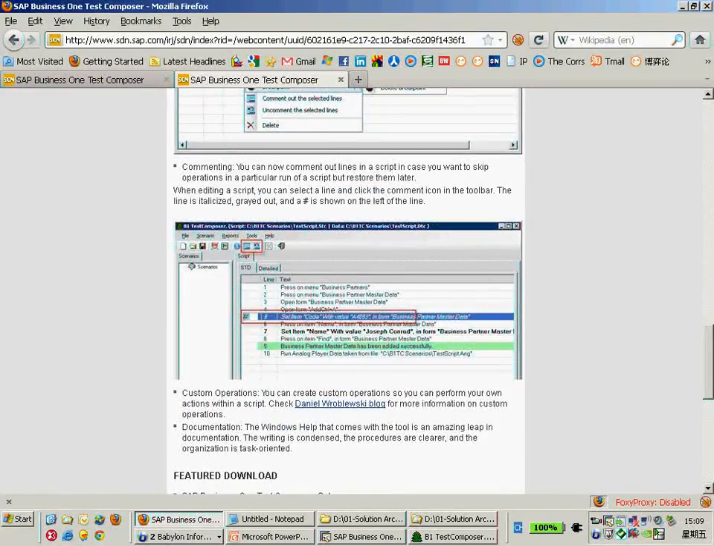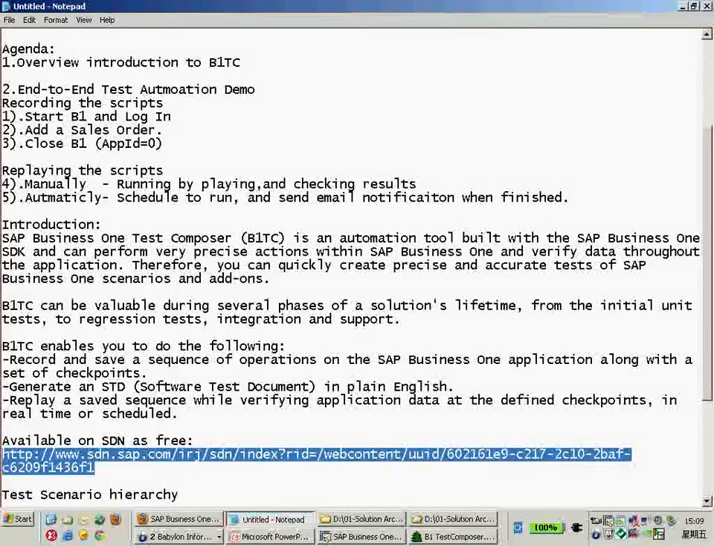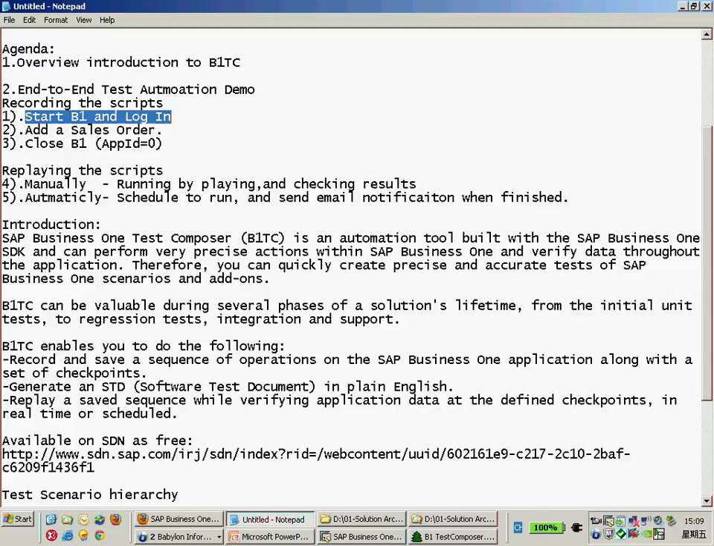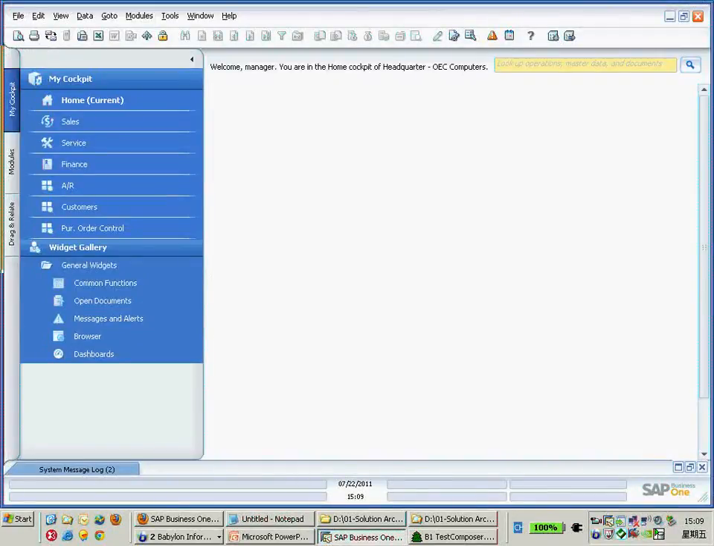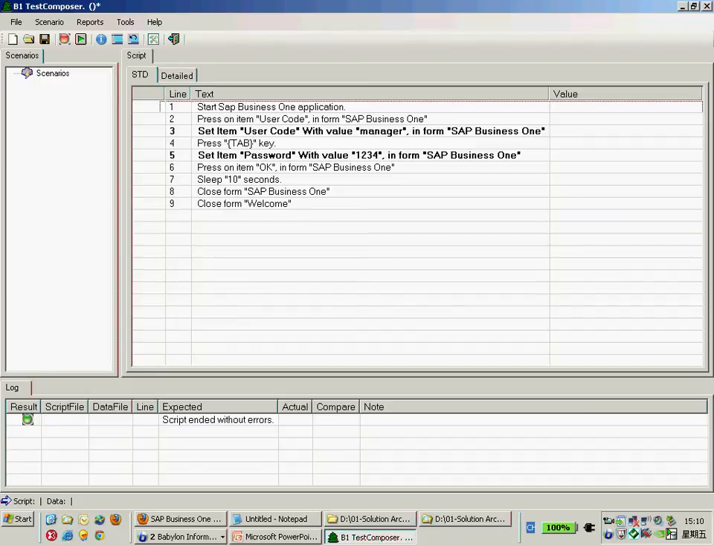Okay, that's the overview introduction for the B1TC. Moving on, I would like to show you the live demo of creating end-to-end test automation for Business One. The first script I would like to record is to start Business One and log in to Business One with the user and password. This is the main screen for the B1TC. Before we start to record the